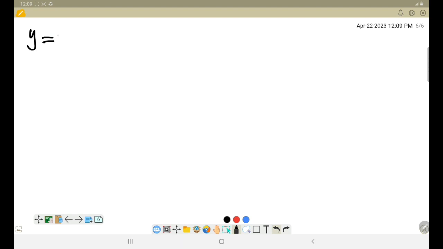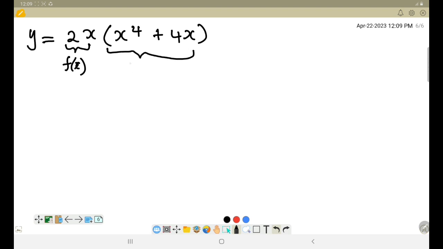If we have y equals 2x times (x to the power 4 plus 4x), we should get the same answer as the previous example, but now using a different formula. Here it means you have two functions. This one you can call your f of x, and the other one, g of x. So f of x is equal to 2x,